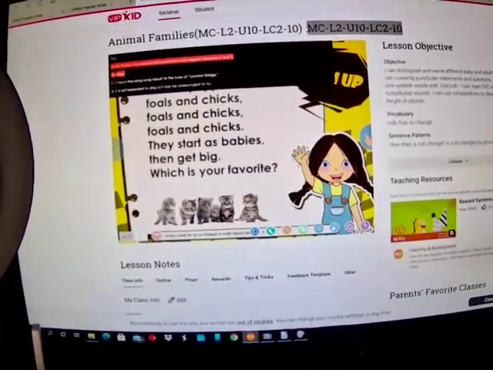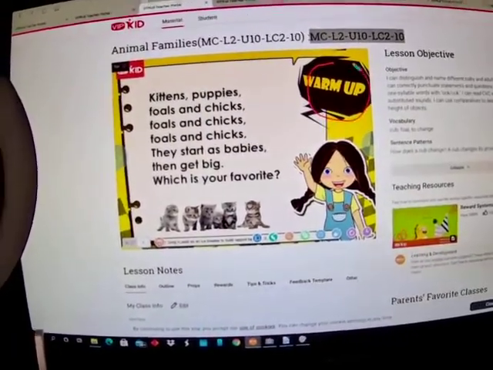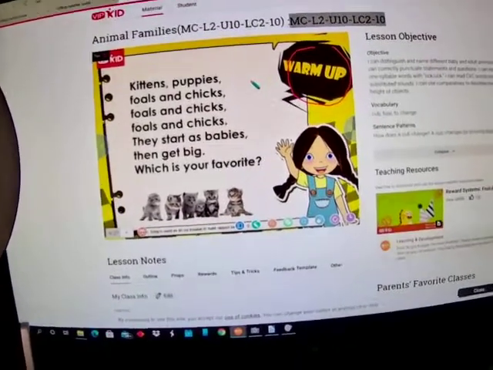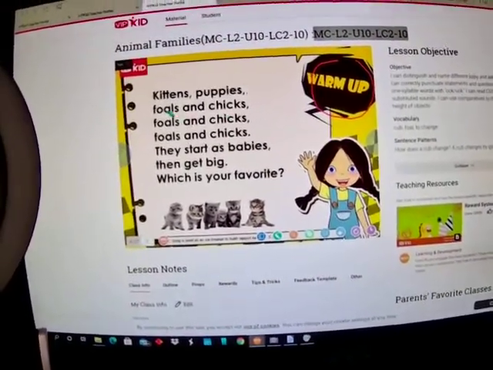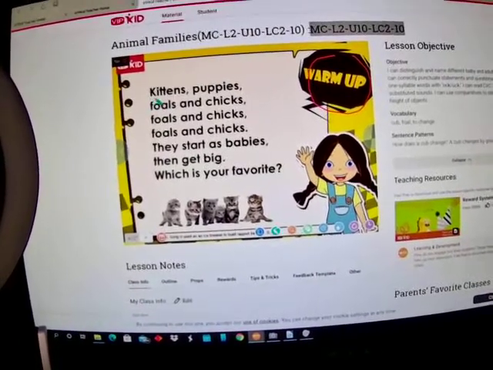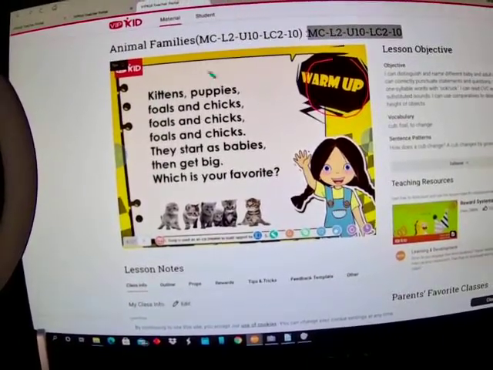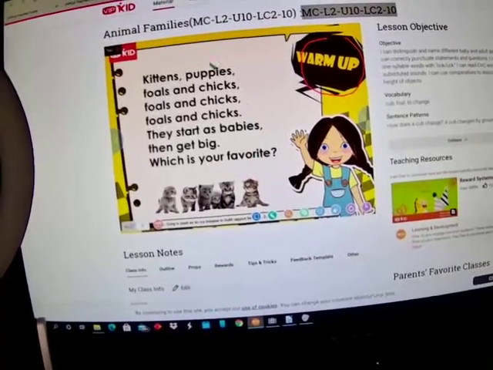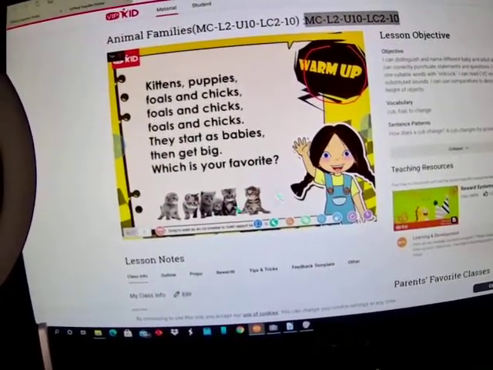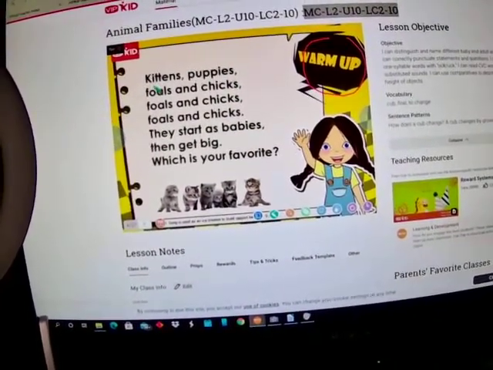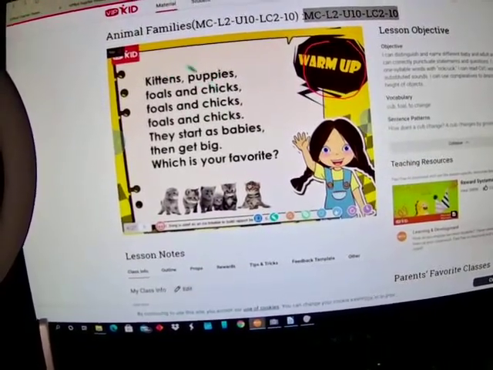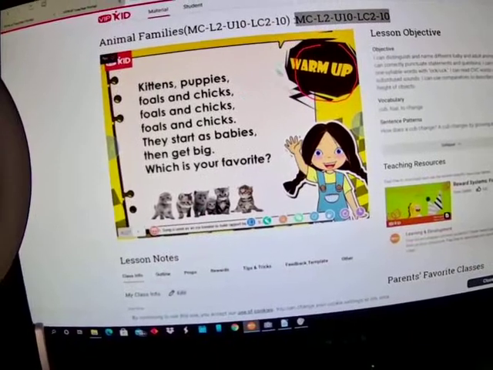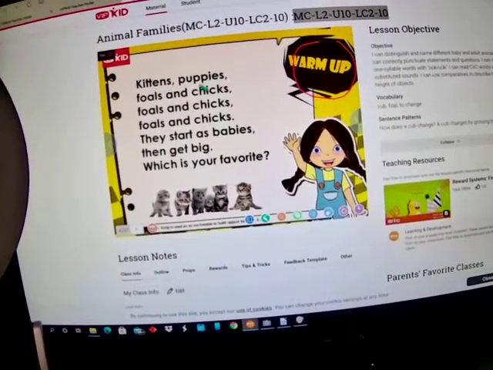This is the warm-up section. This is where you're going to be singing a song. This is where you can apply the I do, we do, you do. Unless you know that they can read well and sing well, let them do it on their own, okay? But if you don't know how they're doing, or if they struggle, you sing it first, kittens, puppies, and then of course you do it together, and then you let them do it on their own, and you help them.